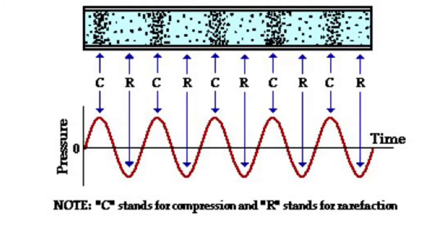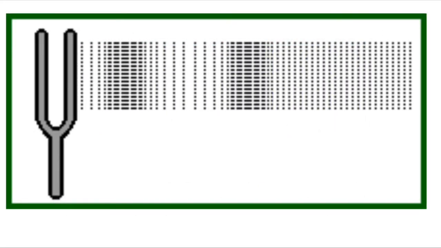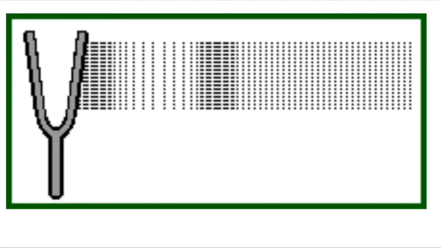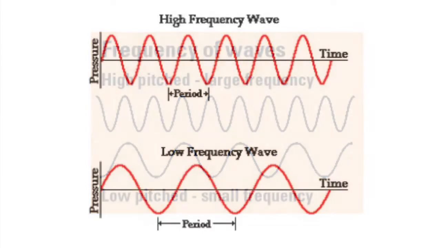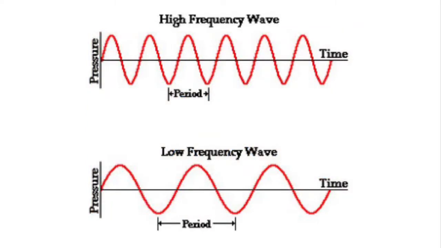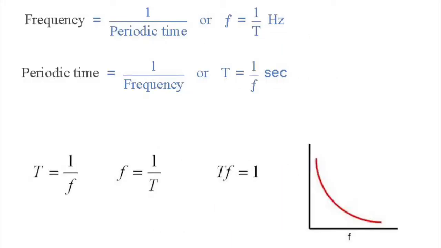As we said earlier, frequency is how often the particles in the air vibrate when a wave passes through the medium. This means when particles move more often, there is a high frequency, and when they move more slowly, there's a low frequency. However, frequency is not only determined by back and forth vibrational motion, it is also determined by period. A pressure versus time plot with a small period means that there is a high frequency, and a plot with a large period means there is a low frequency. Do not forget that frequency is the reciprocal of period.